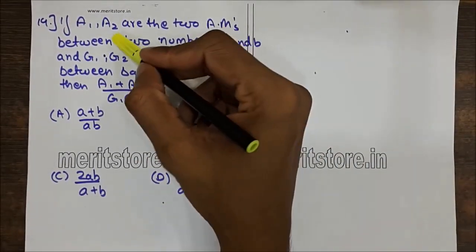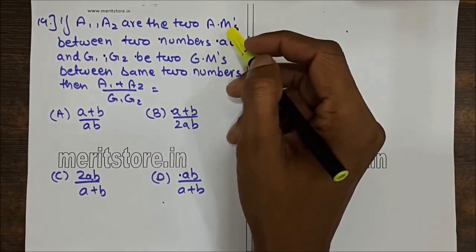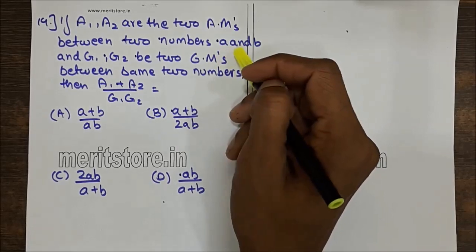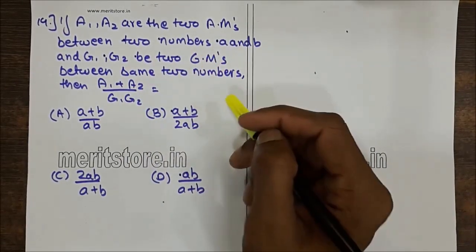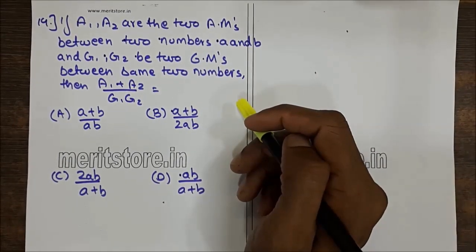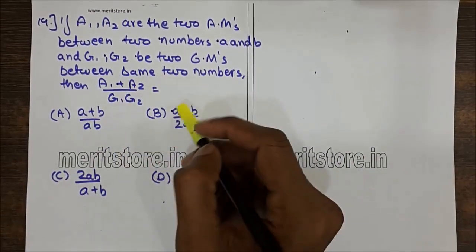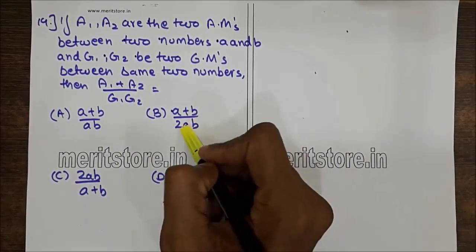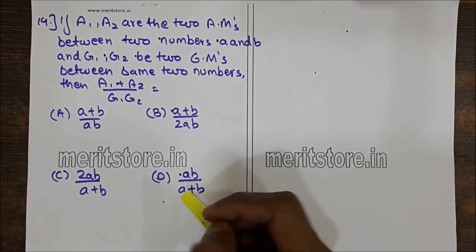Question 19. If A1 and A2 are the two arithmetic means between two numbers a and b, and G1 and G2 are the two geometric means between the same two numbers, then A1 plus A2 upon G1 into G2 is equal to, we have four options: A, a plus b upon ab; B, a plus b upon 2ab; C, 2ab upon a plus b; D, ab upon a plus b. So given that